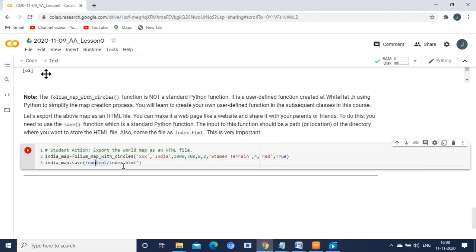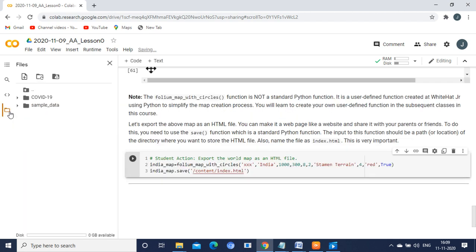The meaning of that is we are going to save the activity that we have performed inside the content folder available inside the drive. We are having the folders. So inside our drive content, our content will be stored under the file name index.html. Now after execution, you can see what will happen. Our activities are saved. Now I am opening the folder. You can see index.html has been created. Our activities are stored under this file.